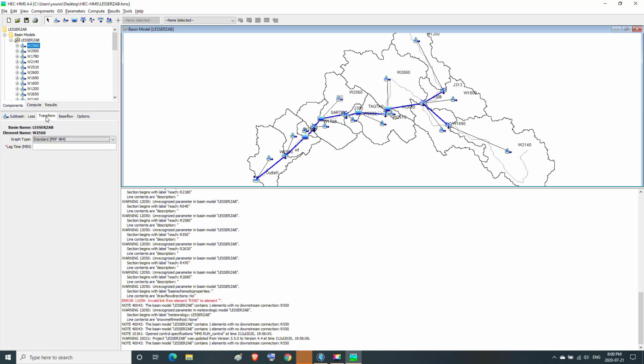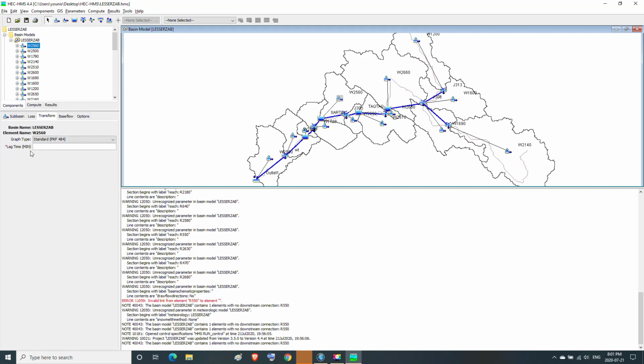Then we go to the transform menu. In the graph type, we choose the standard PRF 484.